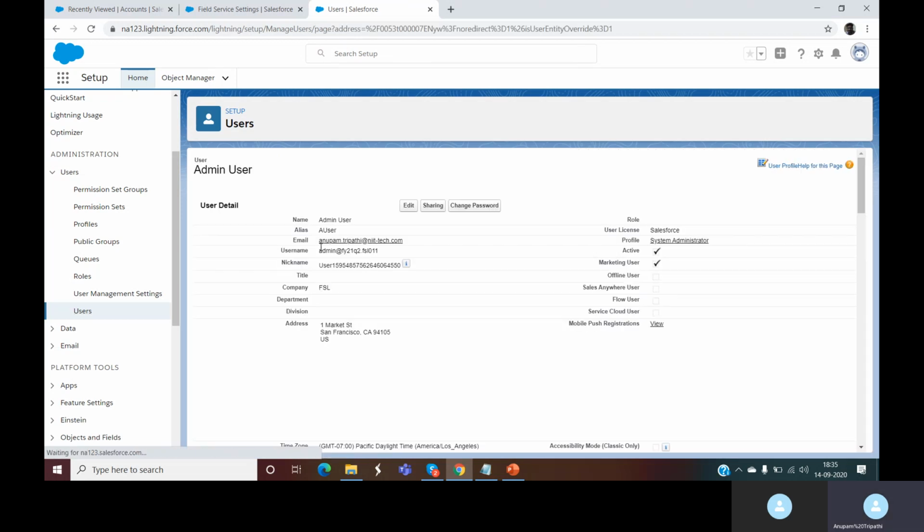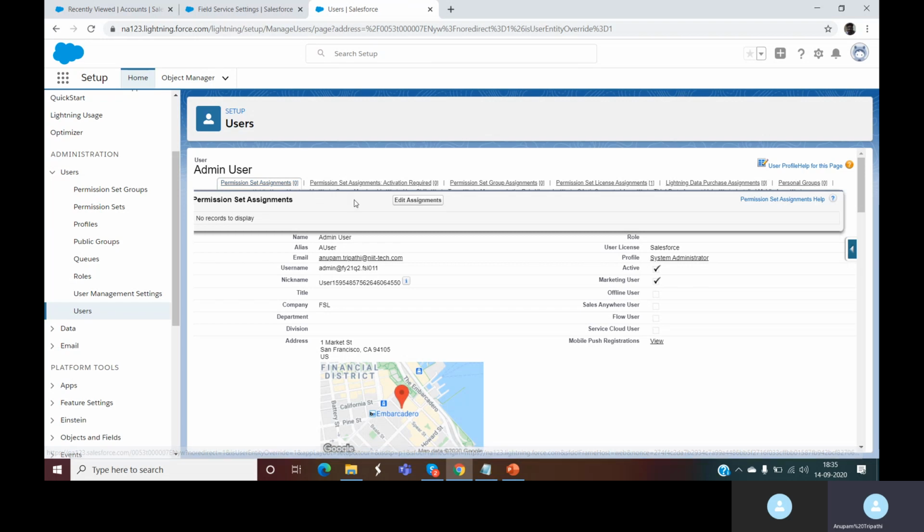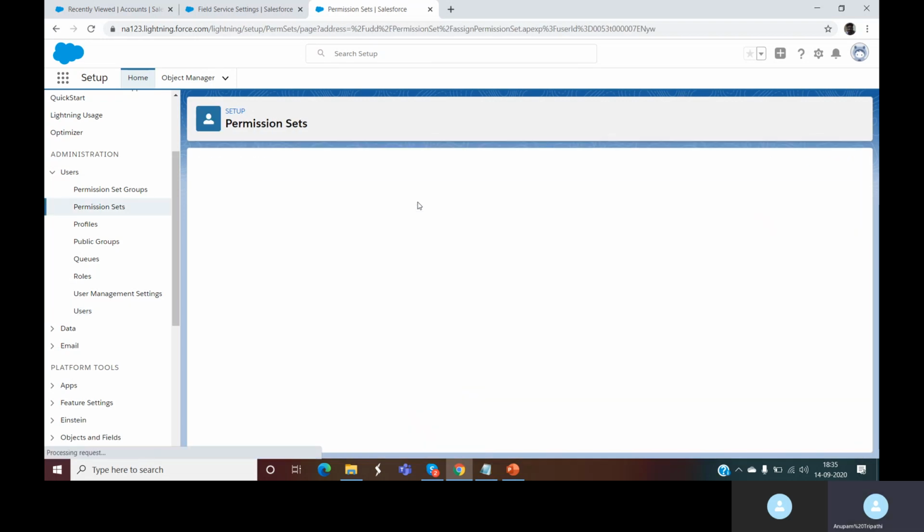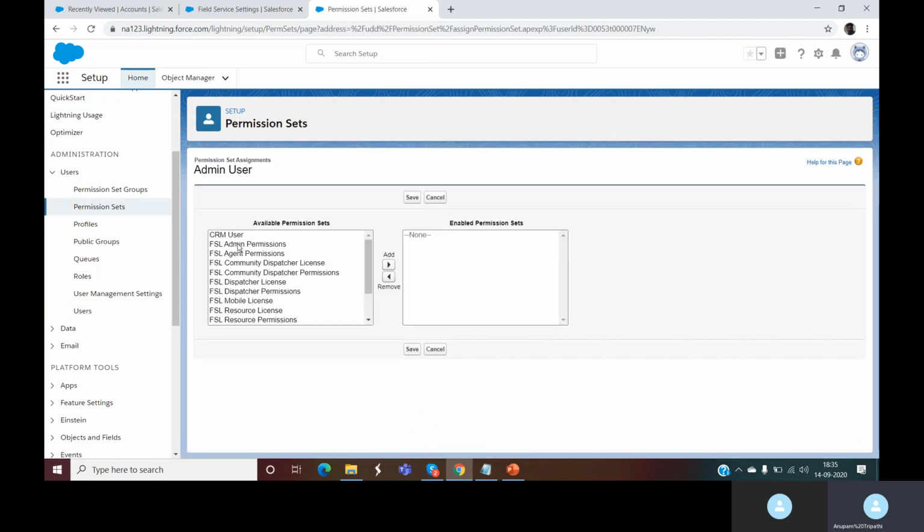You can go to the user, edit assignments, and assign the Field Service Admin permission, because this is the basic permission required to access the setup. Then I'll assign the dispatcher license, because I also want to see the dispatcher console and so on.